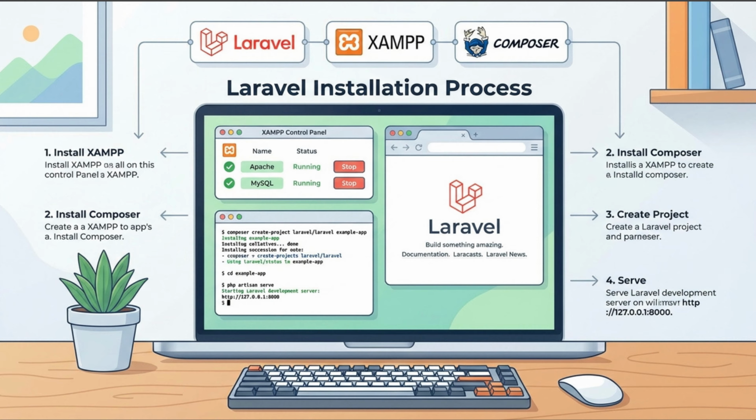working perfectly. By following these 4 simple but essential steps, installing XAMPP, installing Composer, creating a Laravel project, and running the Artisan server, you now have a fully functional Laravel development environment. From here, you can begin building routes, controllers, databases, authentication systems, APIs, and complete web applications. This setup is the foundation of every Laravel project, so understanding it well will help you throughout your entire development